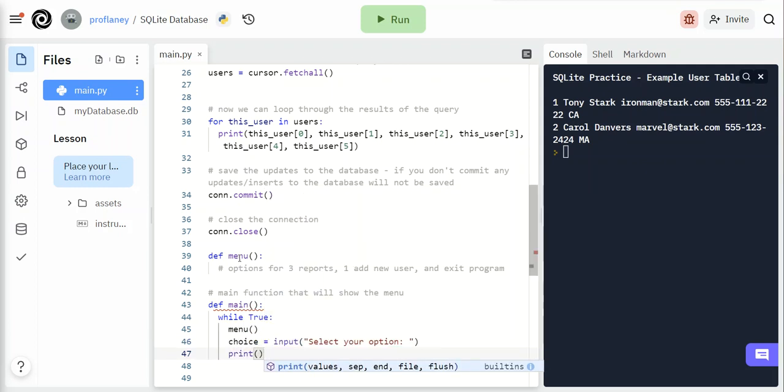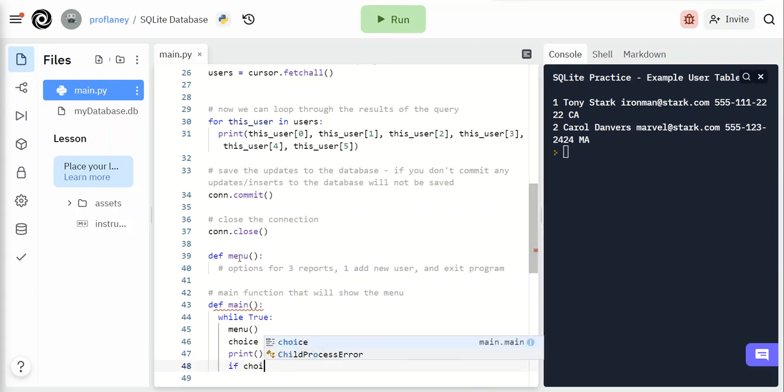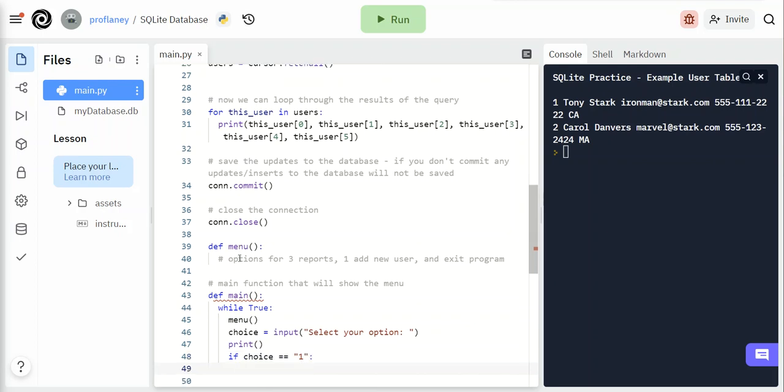Let's put a line break, and then if choice equals 1, we'll do list names,